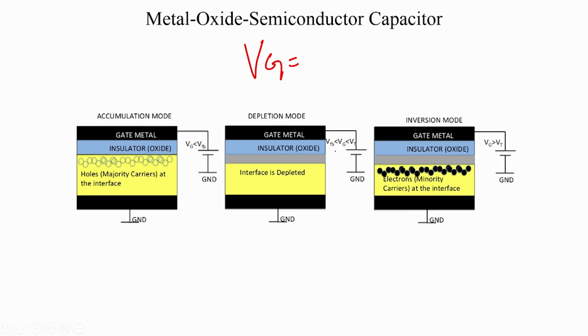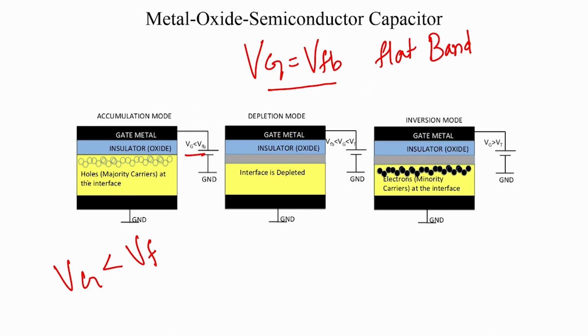But now when we start applying a gate voltage, we take the MOS capacitor out of equilibrium, and when we make Vg equal to Vfb, we achieve flat band, all the bands become flat. So, that is like a starting point for all our experiments, all the bands are flat, and we need to create this kind of an offset voltage to make all the bands flat. When we make Vg less than Vfb,